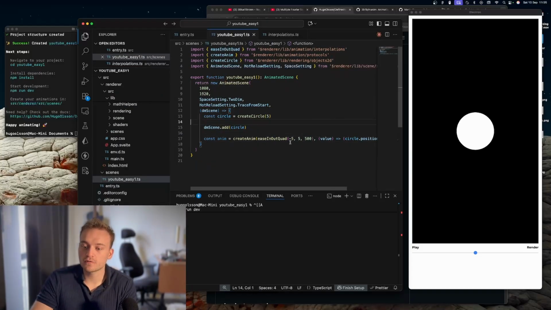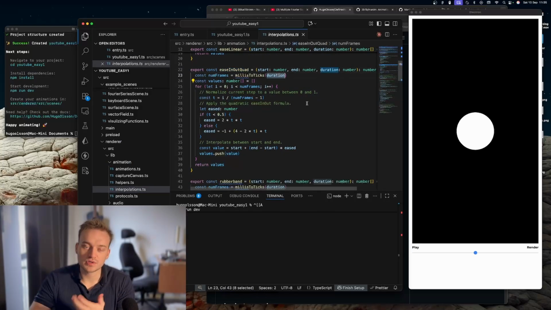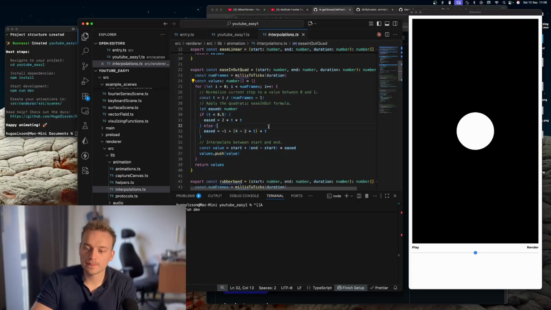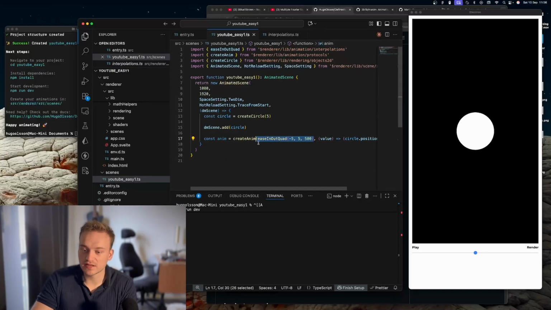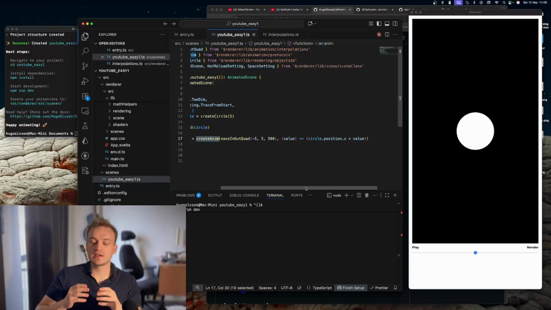So this one will go from -5 to 5 during a time of 500 milliseconds, and it will just produce the number list that is that interpolation. So if we look at this, it will start to convert the duration, which was 500 milliseconds in our case, to the number of frames, and then it will just do the basic is in out quad interpolation of that and return it. So that's a static calculated thing. And then our create anim will take a callback function, and this just says